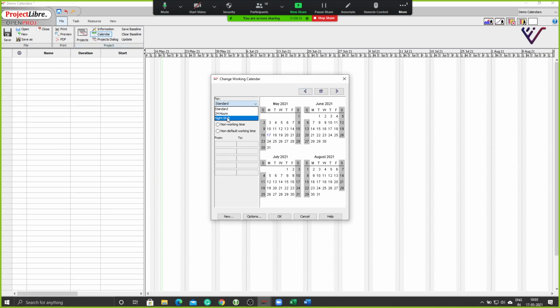We have three different types of calendars which are default provided in your project library setting. Okay, one is the standard calendar, which is a 5-day week and a 40-hour work shift. The second is a 24-hour work shift. For instance, if you're having machinery which is working in your factory, or if you have machinery which can work continuously without a break, that can be a 24-hour work shift.